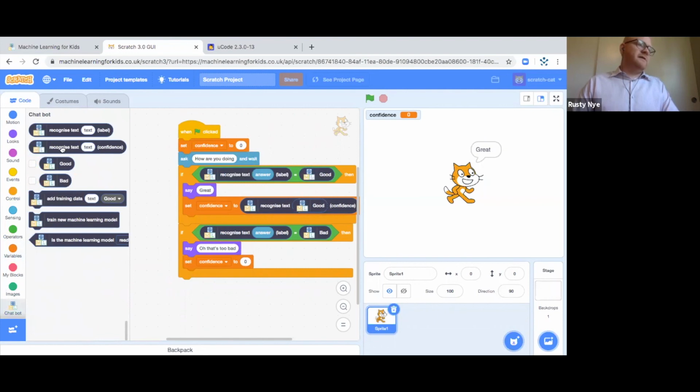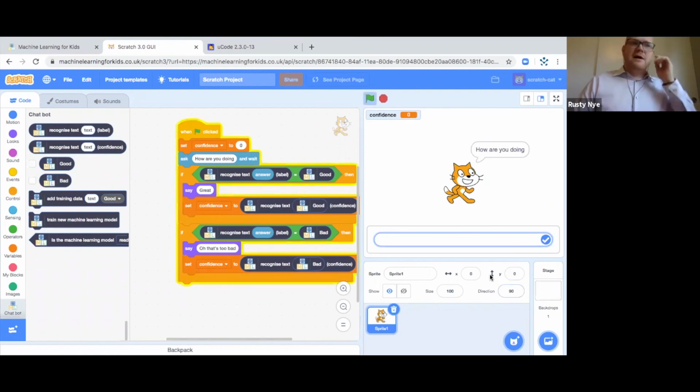So is this something that you guys feel would be fun to utilize in the classroom? Probably, right? So let's say, if you can see the confidence score already changed to 0. The Scratch Cat's asking me how I am doing today. Let's give it a, I'm actually doing pretty good. I feel great. I'm happy to be here. So I'm gonna lie, but I'm gonna say,